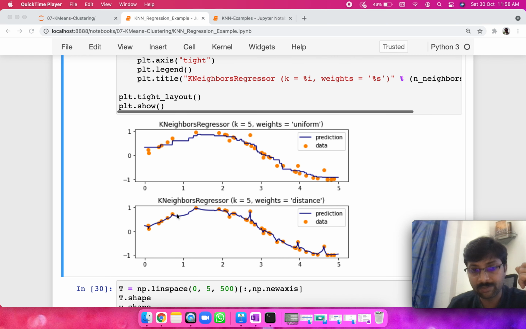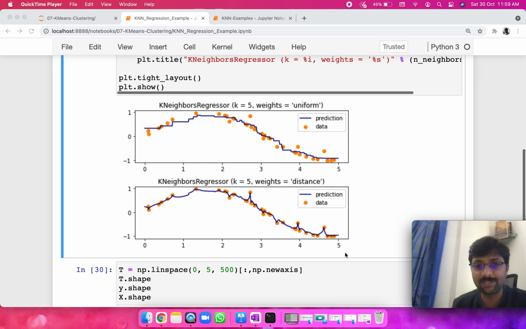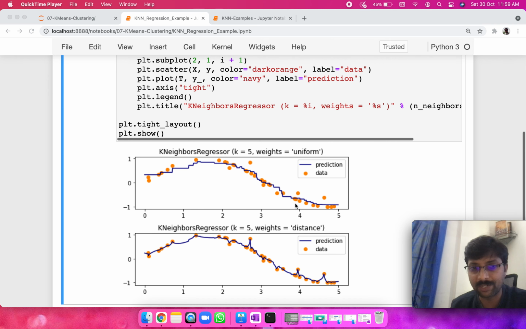Now if you look at the distance, this is going really more accurate here, right? Wherever there is noise, you see it is also learning the noise perfectly well, right? So distance based weightage will work really well in such cases where the data is spread out, like the almost 20% of the data we have made spread out far from it. In which case it will apply the weights accordingly, and when we apply the weight based on the distance, it will take the mean in a more appropriate fashion, right? So it's a weighted average. That's basically how the second plot is looking a little bit more accurate.